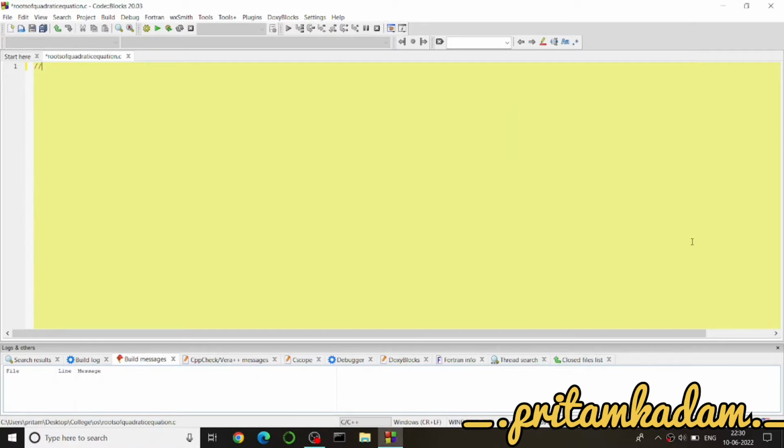Hi everyone, so today in this video we will find the roots of a quadratic equation. I have already saved this file as roots of quadratic equation.c. Then let us write the comment first. Program to find roots of a quadratic equation, and the quadratic equation would be in the form ax square